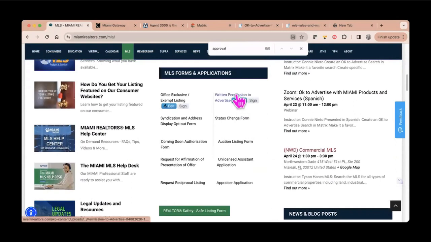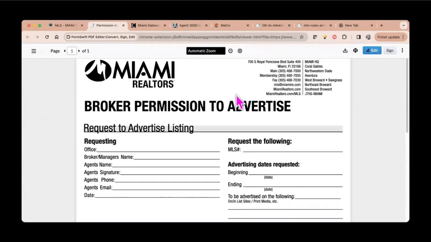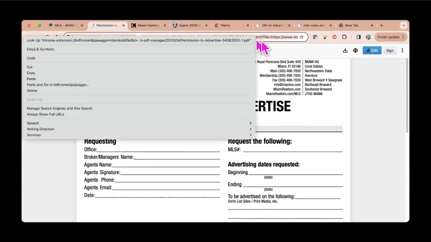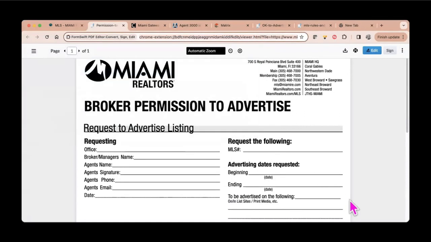Here's a written permission to advertise. This is what I was looking for to share with you. You can also use this, right? Now, this isn't for the okay to advertise. This is for formal, but some of you like to submit this anyway. So I'm going to go ahead and copy, and I will share with you also here